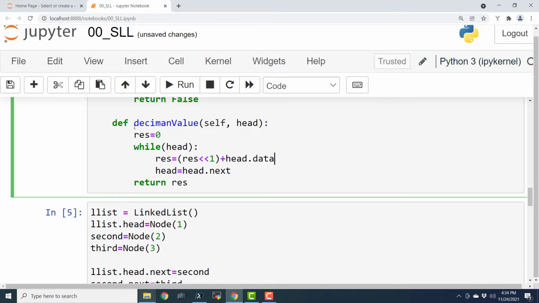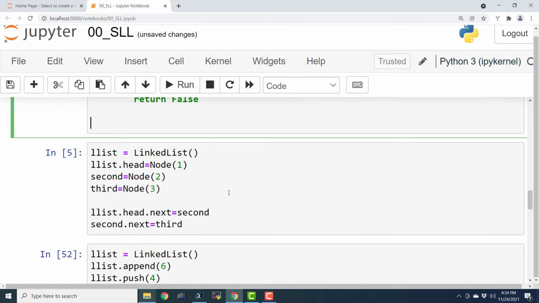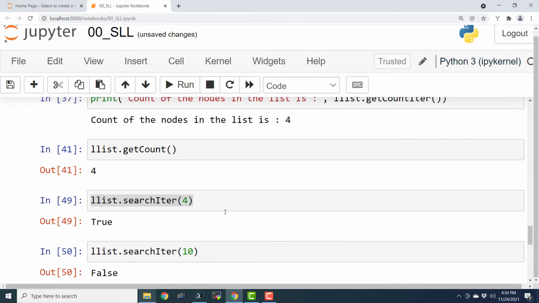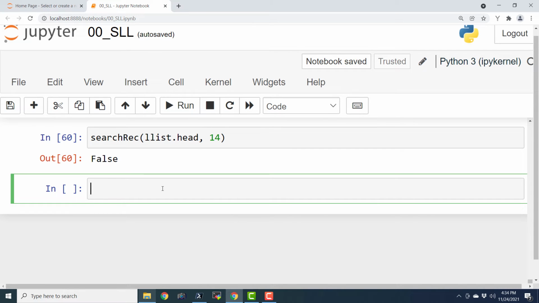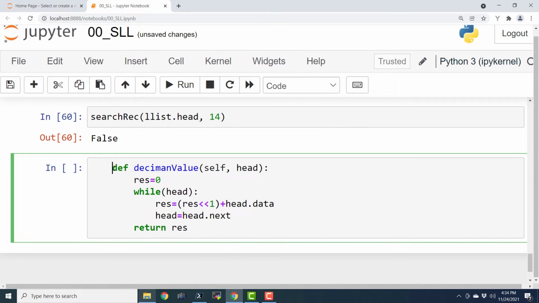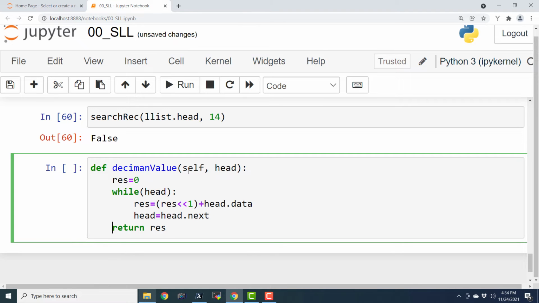We are defining a method and then we are passing the head of our linked list to that method. We can even write it outside actually. So let us actually write it outside of the linked list, and it should actually work because we are passing the head and we are not going to call it with the object of the linked list. Okay, so now let me explain to you how to work with this.